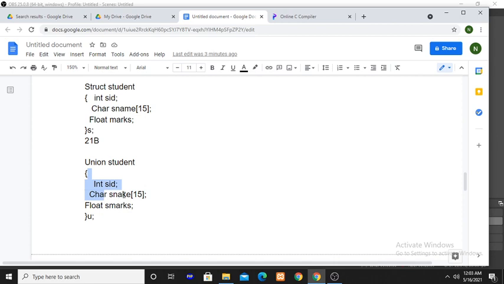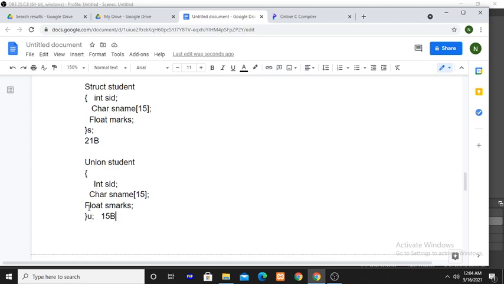Here the largest size is the char type, 15 bytes. The size of s is 21 bytes, and the size of u is 15 bytes. Only one memory location will be created here. For each structure member separate memory will be created.